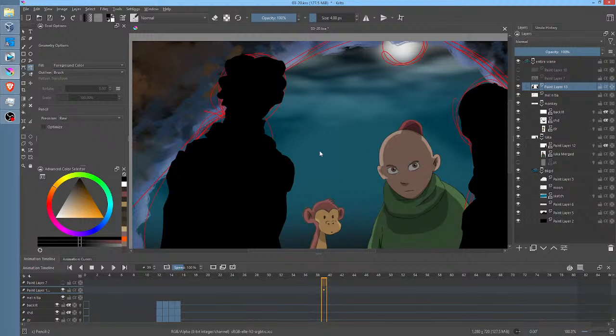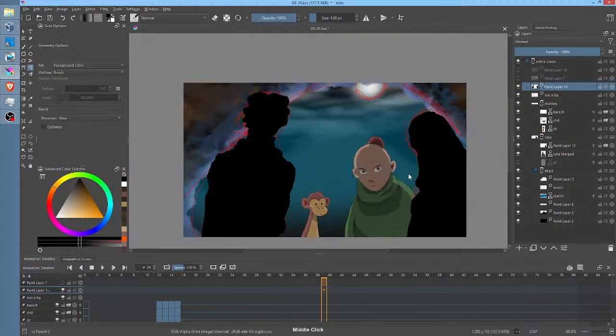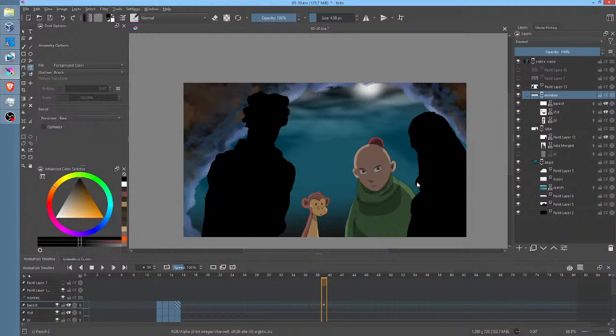But I mean, geez, if the storytelling is clear with a silhouette, and it creates less of a distraction from the character who's the focus of the scene, then why in the world are you going to kill yourself drawing the character super clearly? And boom. So now, I kid you not, friends, other than the lip sync, I think the shot's done. It's just kind of crazy.